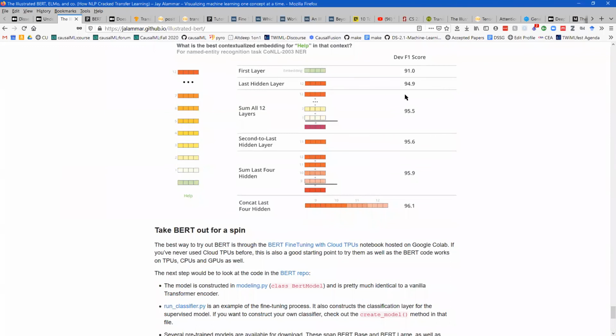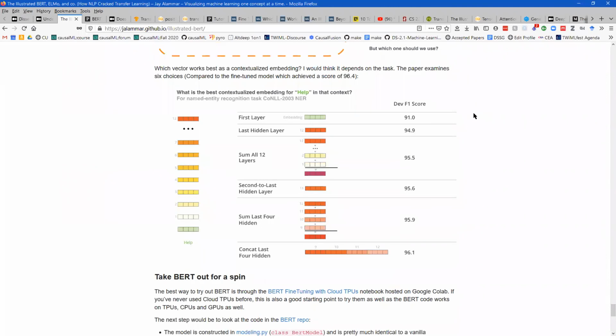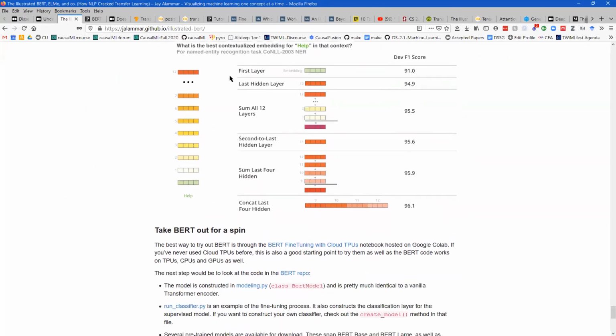Well, anyway, that's interesting. So as Srinivas says, you get these 12 different contextual embeddings out, and then you can do with them whatever you want to try to see what's best. And so they did a bunch of experiments, and they found, kind of weirdly, that if they concatenate the last 4 hidden layers, you get the best result among all these different comparisons. I don't quite understand what you said, Gautam, that